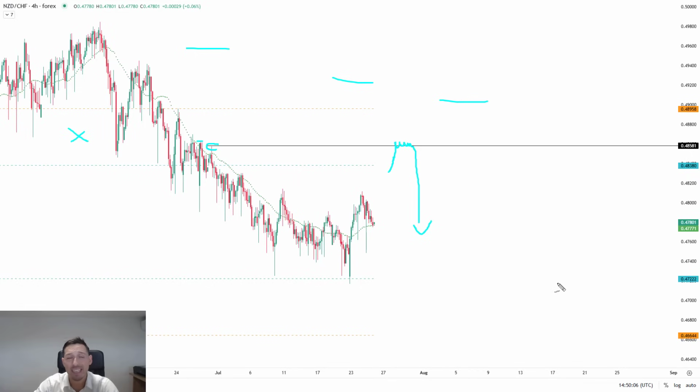And usually you need a catalyst in order to change trends. If you have a trend like this and it starts to turn overbought, it's usually going to fail, because unless you've got a catalyst to really change this trend, this will just keep lumbering to the downside until a catalyst comes out. So that's what I'm going to be looking for in real time with GMT members next week, if we can trade above the 0.4858. If we start to push back and you break back down below the moving average,